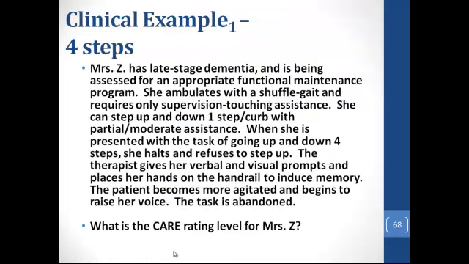Mrs. Z has late-stage dementia and is being assessed for an appropriate functional maintenance program. She ambulates with a shuffle gait and requires only supervision or touching assistance. She can step up and down one step or curve with partial, moderate assistance. When she is presented with the task of going up and down 4 steps, she halts and refuses to step